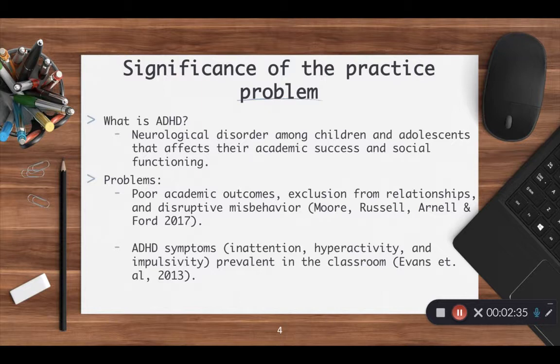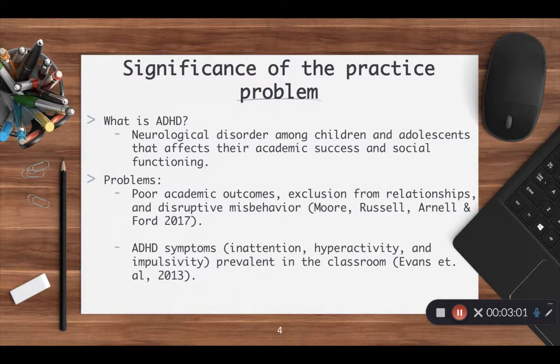And so let's talk about ADHD. ADHD is a neurological disorder. It's among children and adolescents, and it affects their academic success and social functioning. And so problems that come with this condition are poor academic outcomes, exclusion from relationships, and disruptive misbehavior. And you see that a lot in class. They want all the attention on them. Sometimes